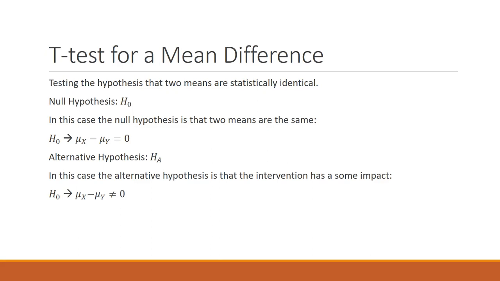There's no difference in income between people that have finished high school and people that don't. All right, that's our null. That means there's no difference. Our null hypothesis is that the average income for people that have finished high school minus the average income for people that haven't finished high school equals 0. That's our null hypothesis. Our alternative hypothesis in this case is that there